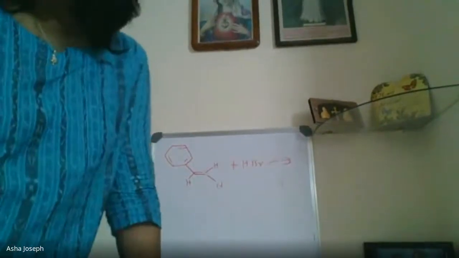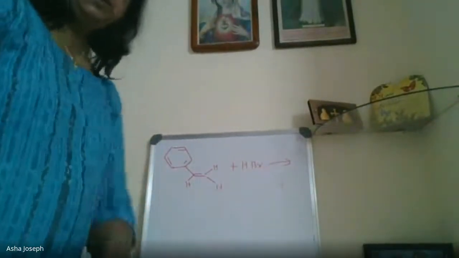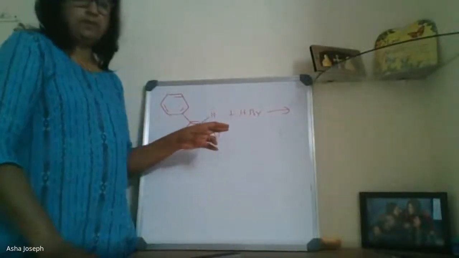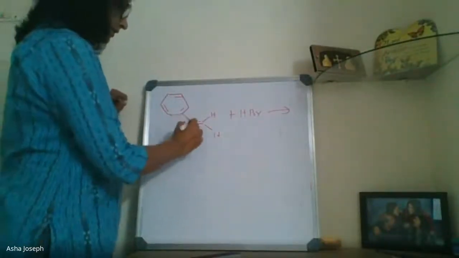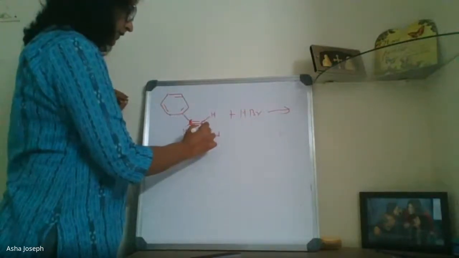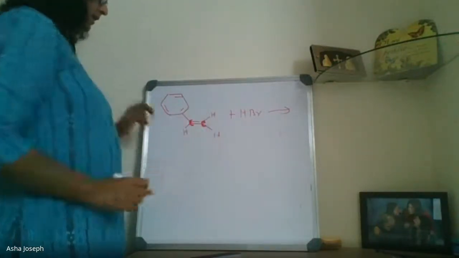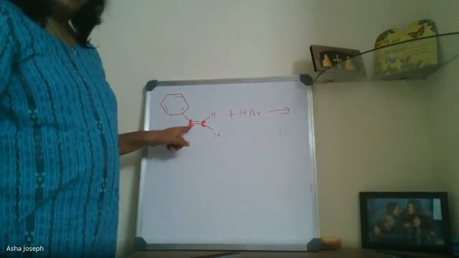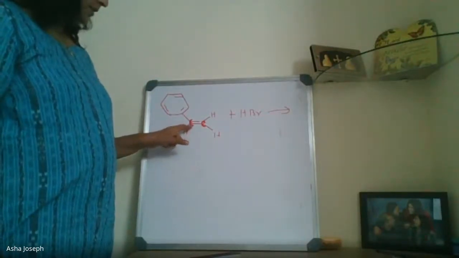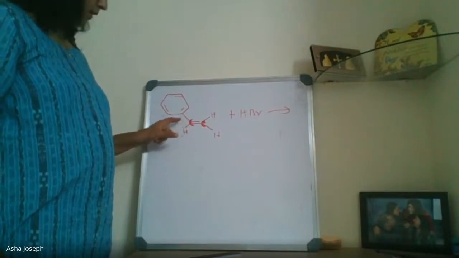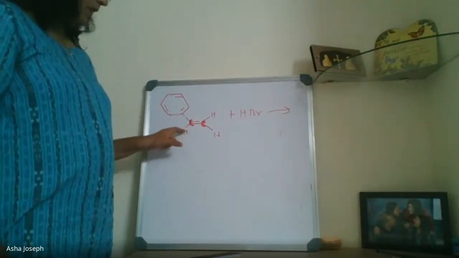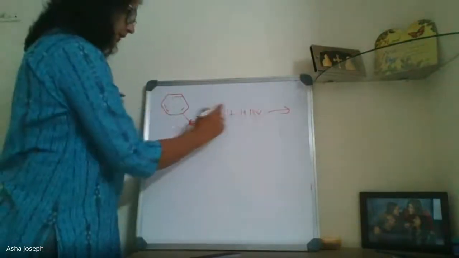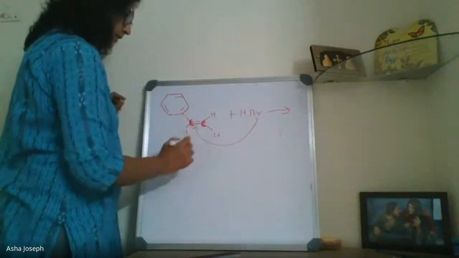Okay, done, children? So we will do this question. Reaction with HBr. So here, this is a carbon, isn't it? Addition will take place across the double bond. Which carbon is having less number of hydrogens? This one has only one hydrogen. Here there are two hydrogens. So Br will come here, isn't it? So the product is